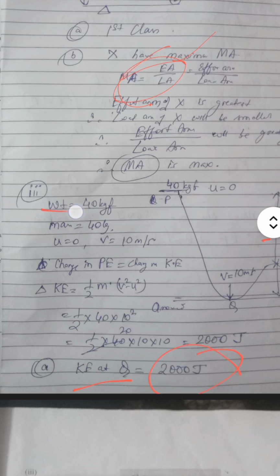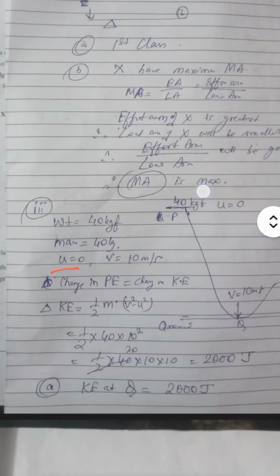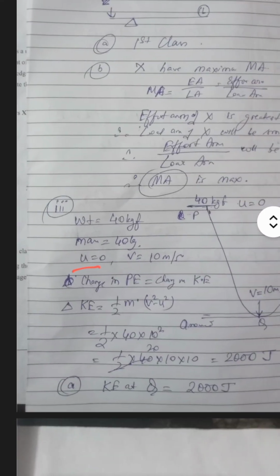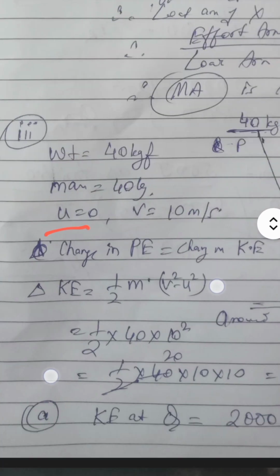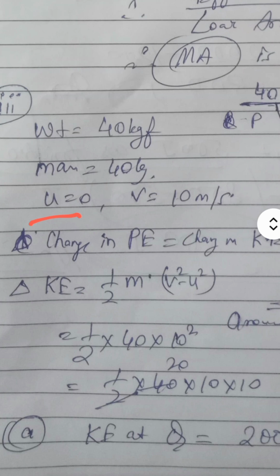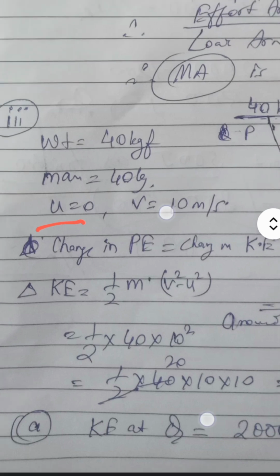How we got it? Weight 40 kilogram, force is given. That means mass is 40 kg. Initial velocity at the top is 0. The velocity at the bottom is given, 10 meter per second. So the change in the potential energy is equal to the gain in the kinetic energy, or change in the kinetic energy. So initial kinetic energy was 0. So the change in kinetic energy is equal to total kinetic energy. The kinetic energy is equal to half m times v square minus u square, change in the velocity. So here u is 0. So we got v square, and we have calculated half mass 40 kg into 10 square,